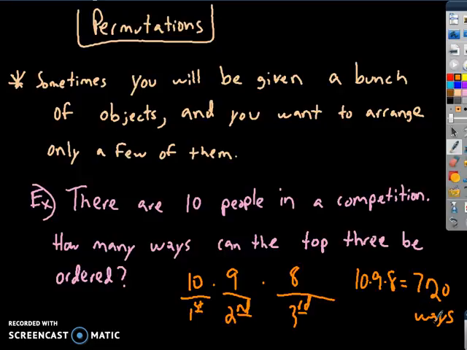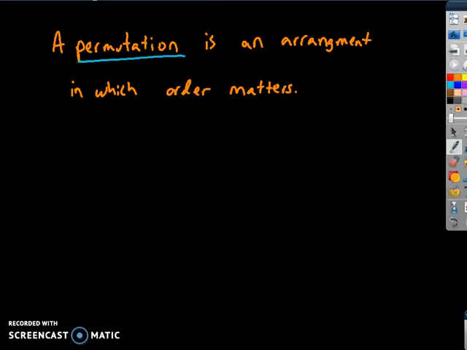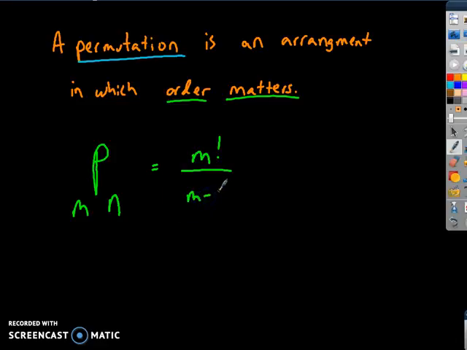All right, let's go to another way. Basically, this is a permutation, and let's talk about permutation now before I go any further. A permutation is an arrangement in which order matters. Really important to recognize that order matters. The formula for it is P(M, N), and basically it's going to be M factorial divided by (M minus N) factorial, where M is your total options,